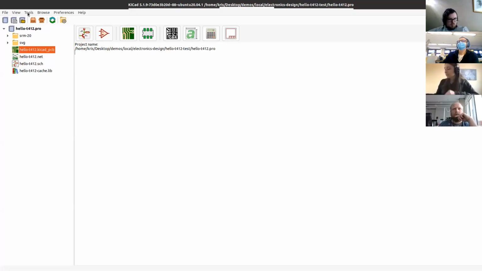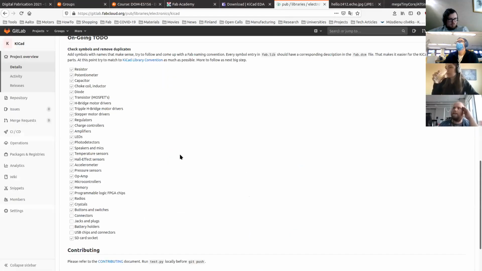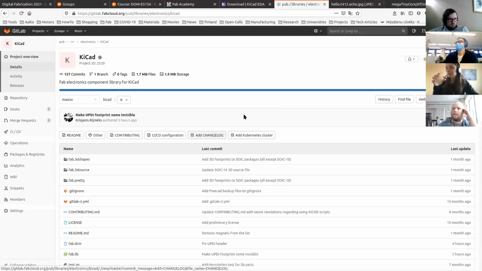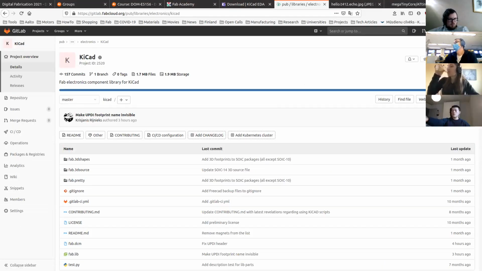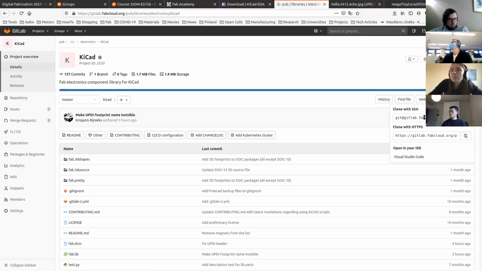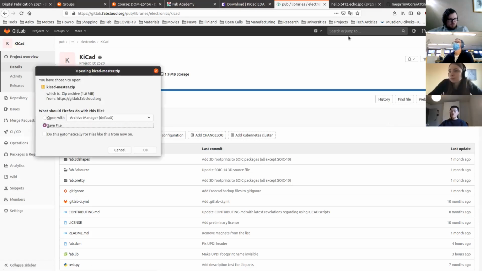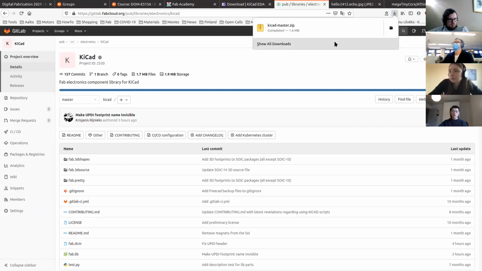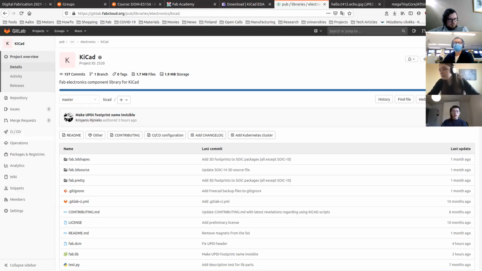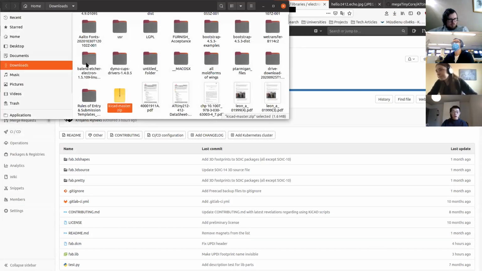So in order to use the library that I was talking about, of course, we need to go to the library website and download it. The way you do it, you can either clone with Git or you can just download it as a zip file. Here, let's just do that. Then when you go to the downloads folder,